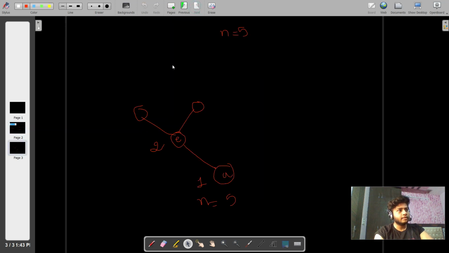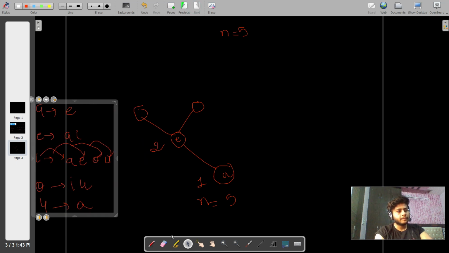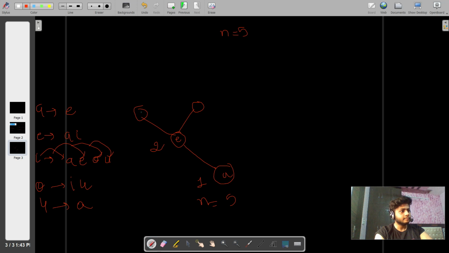I'll just copy and paste it here. Okay, so we have this. E can come with either a or I. So you see, over the third position there can be a and I. After that, if we iterate through the e, in the future there can be possibilities like we already calculated this and this.